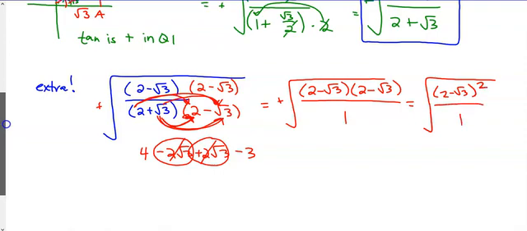Okay, now you have this big old square root sign out here. The square root of something squared is just that something. So those guys would cancel each other off. The square root of 1 is just 1. So that whole mess actually just simplifies to 2 minus the square root of 3, which is a much cleaner